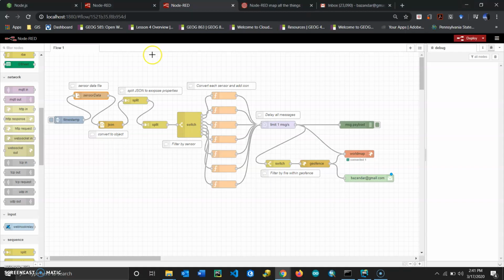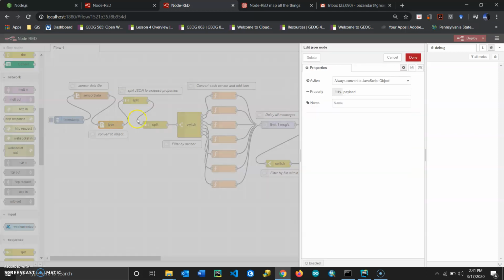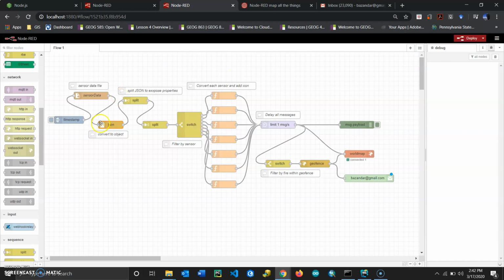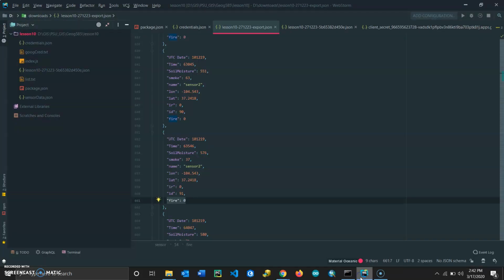And then I inject the timestamp. This collects the data. So basically what I have now is the timestamp and all of that data. Now I add another node here to convert that data to a JavaScript object. When you do that, and this is the part I struggled with, typically it creates, as you can see here,